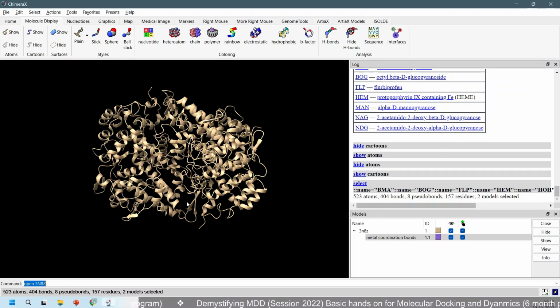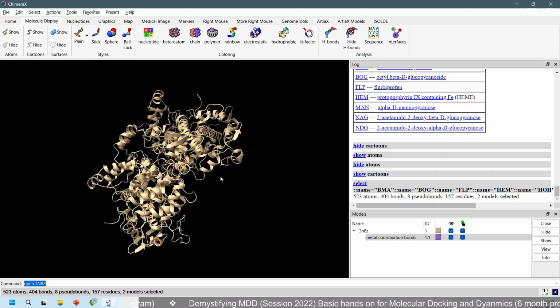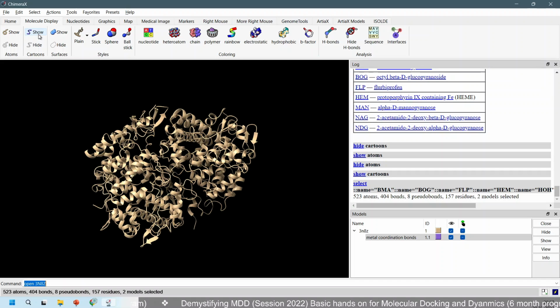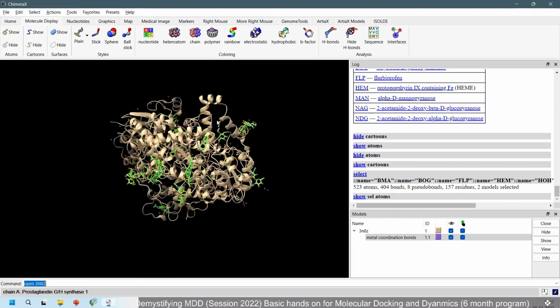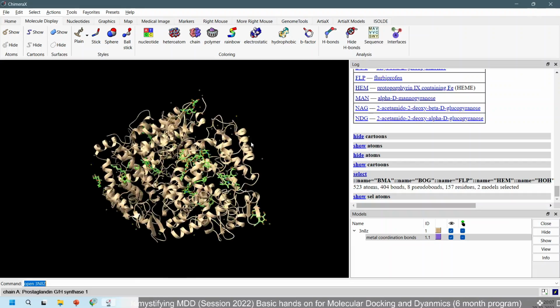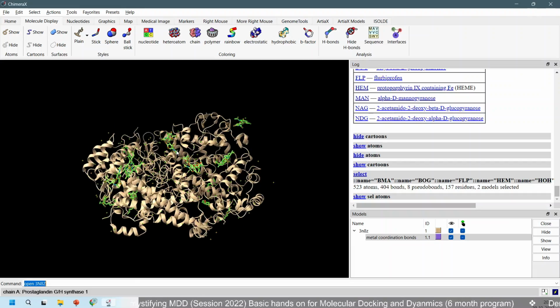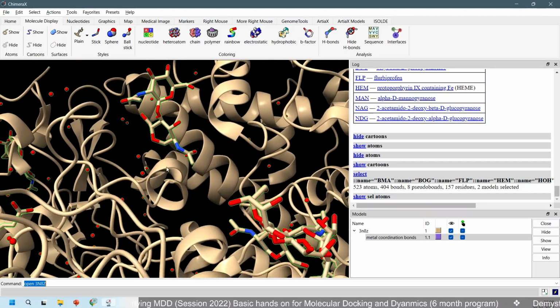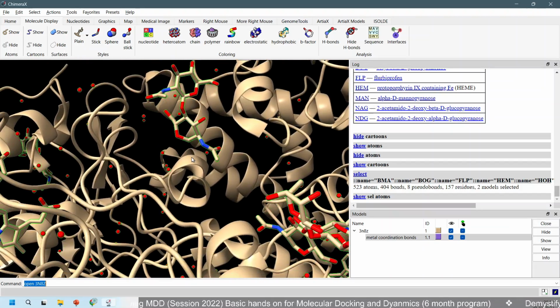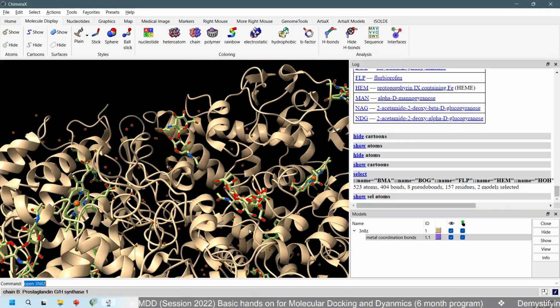Currently it is selected, but it is not displayed here because I have chosen proteins ribbon display, so small molecules, which are not proteins, won't appear here. So I will click on so all the other things which are not part of protein are now displayed. Using shift and drag to visualize it. Here should be multiple